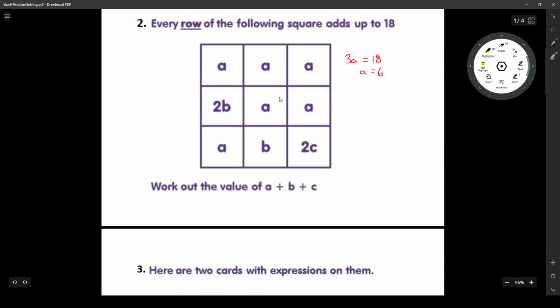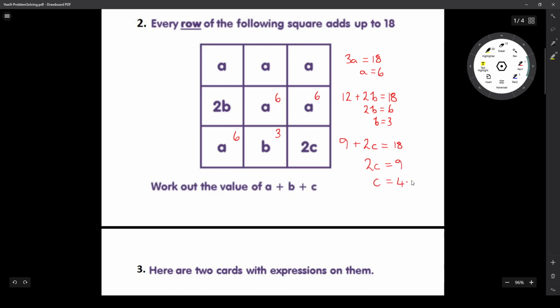Now if these a's here are 6, then the second row gives us 12 plus 2b equals 18. So if we take 12 from both sides, we get 2b equals 6, and so b equals 3 for this one. So we've got bottom row, a is 6, b is 3, which means we've got 9 plus 2c equals 18. Subtracting 9 from both sides gives us 2c equals 9, and then dividing both sides by 2 gives us